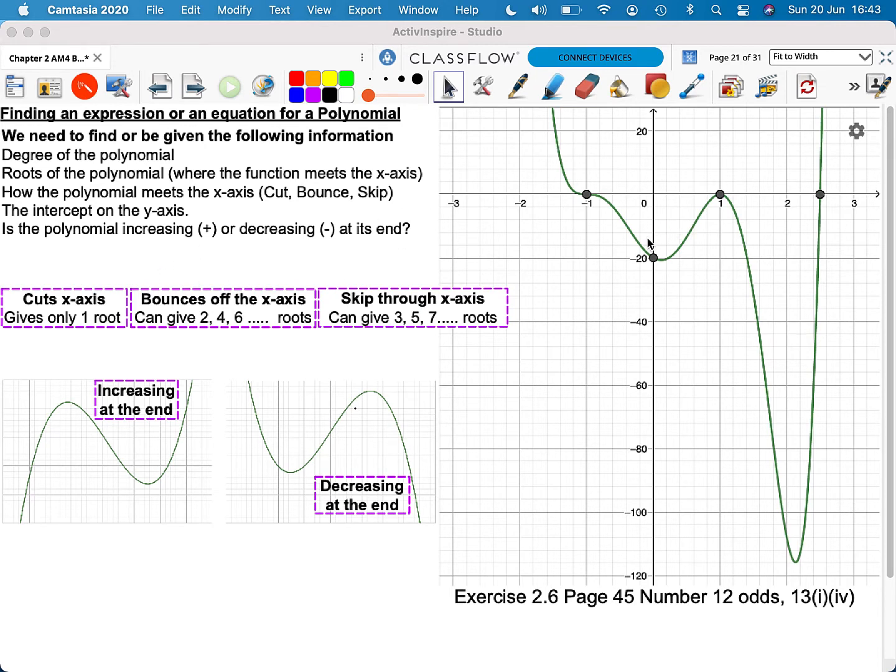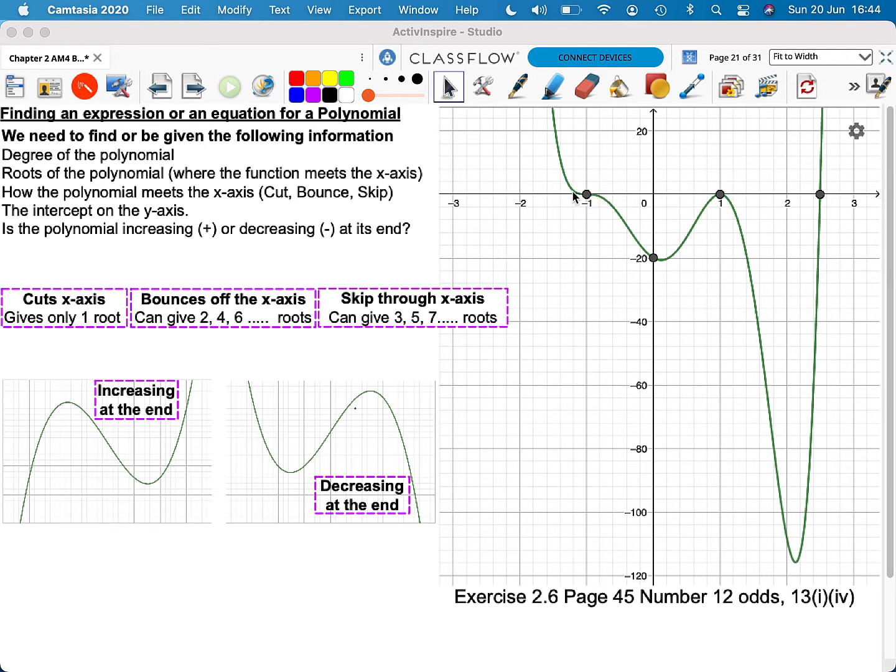First of all, you've got to look at the way the graph moves through, touches, or bounces off the x-axis. For example, at the point x equals 2.5, it cuts the x-axis. Here, at x equals 1, it bounces off the x-axis, and the